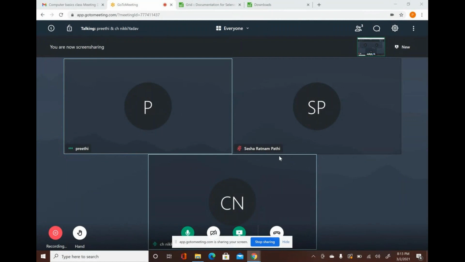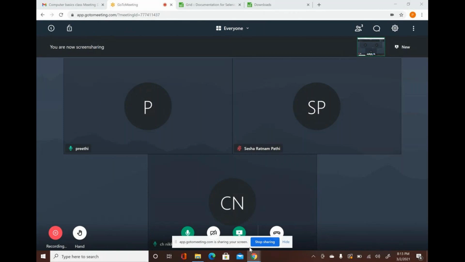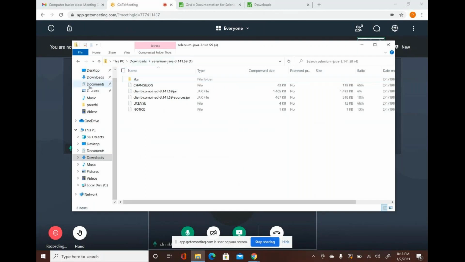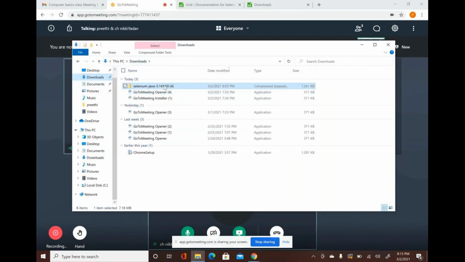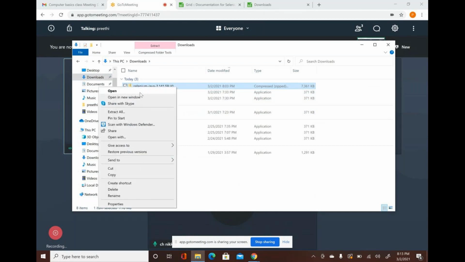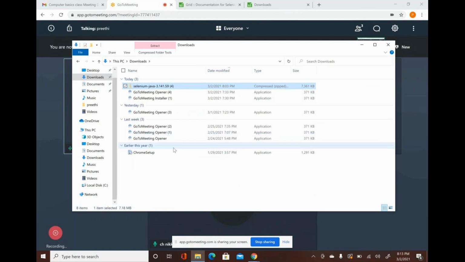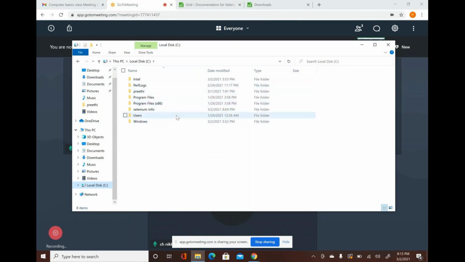Okay, now I can see. Okay, we can close this. Now I can see your screen. Now you go to your folder, D drive, see downloads. Okay. So now that's a zip file, right? Just select that. Select the first one, right? Right click. Now you can close this call. Okay. Now you cut it. There is a cut option. Select the cut option. Now you go to your C drive, and the Selenium info folder you created.